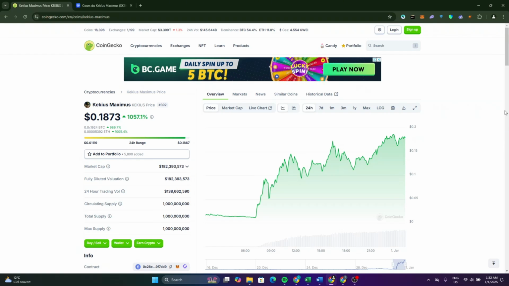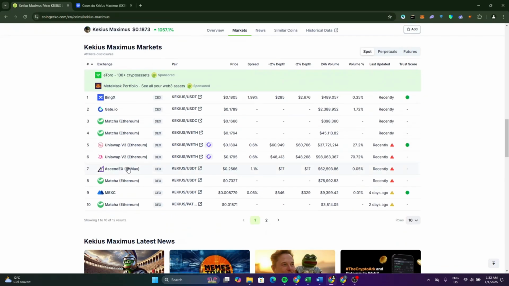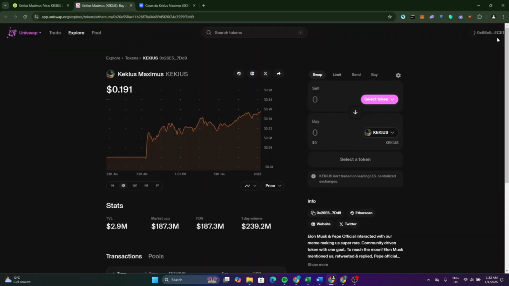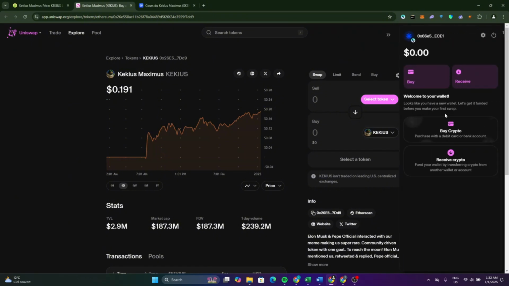How to buy KEKIUS Maximus token on Uniswap version 2. Now, to be able to do that, before you go and open this token in Coin, just go and click on markets from here. Now after that, go and find the Uniswap version 2 and click on here. Now it will redirect you to the Uniswap version 2 website, and as you can see, I will just disconnect